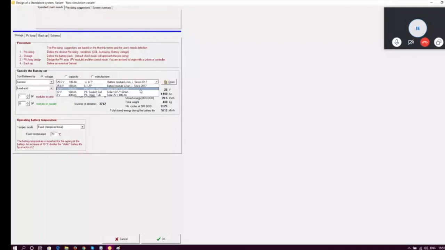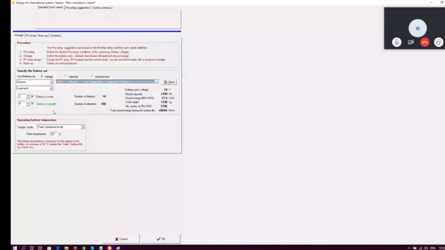So if we have 12-volt batteries, we have 160 ampere hour battery with us. So let us select 160 ampere hour 12-volt batteries. From here you can see the number of batteries we are getting is 18 batteries as per our calculations. Similarly, once we have selected, you can see that our calculation was exactly right. It is showing that 2 batteries should be in series and 9 should be in parallel. That is what we got in our calculation. So it's just to tell you whether we have done the calculation correctly or not.